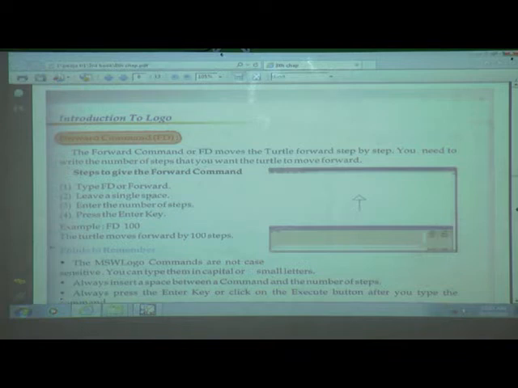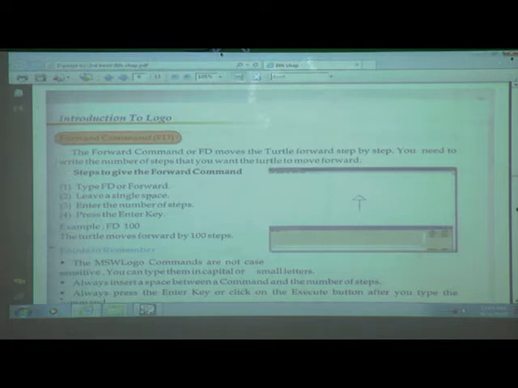Then enter the number of steps. And then press the enter key. Why press the enter key? Because for execution we must press the enter key. When we write this, firstly we must write FD, then leave one single space and then write the number.